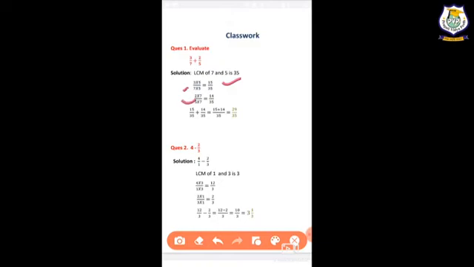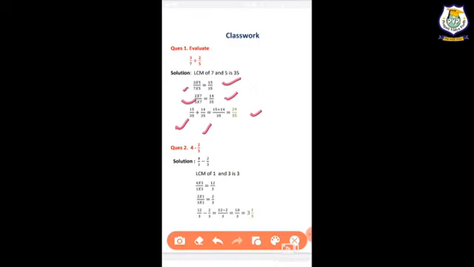Now in the second one, 2 upon 5 is given. In the 5 table, 35 comes 7 times, so we will multiply numerator and denominator by 7, it's 14 by 35. Now I have written 15 upon 35 and 14 by 35. The denominators are the same, so we write 35 one time, and 15 plus 14 is 29 by 35. Here the numerator is smaller than the denominator, so it is a proper fraction, right?